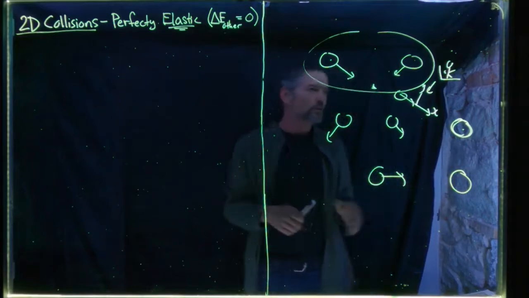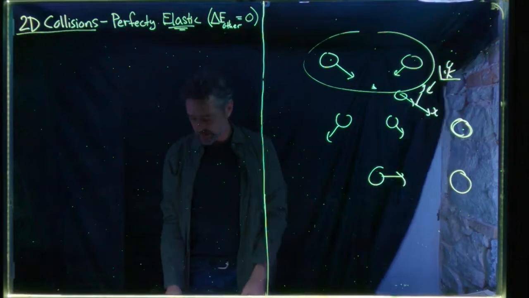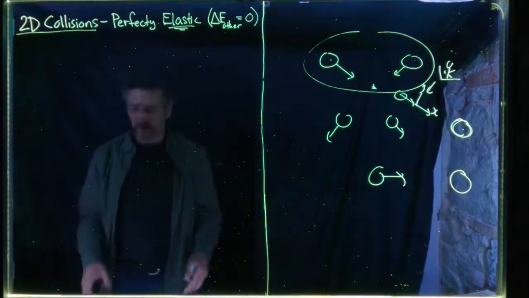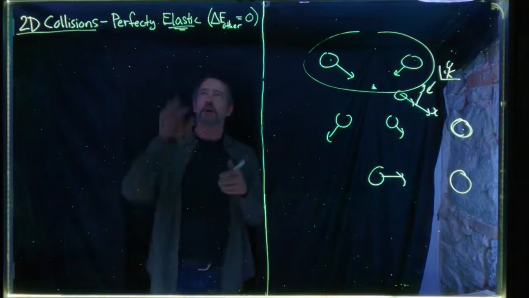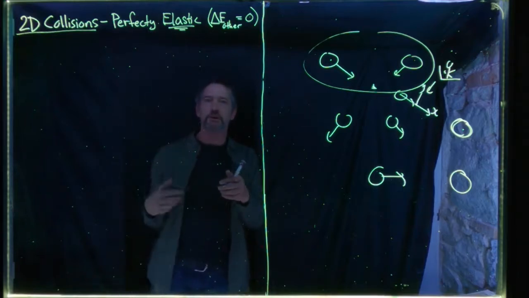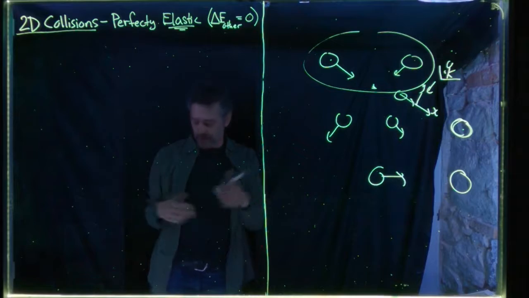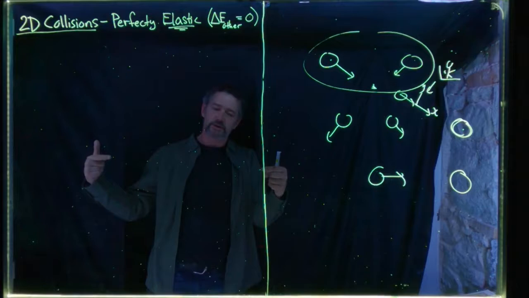Okay, and so let's apply that. Let's assume we've applied that idea. And we'll then end up with that kind of situation. And a really good example of that kind of situation in the context of elastic collisions is the game of pool, billiards. Okay, so when you play pool, billiards,